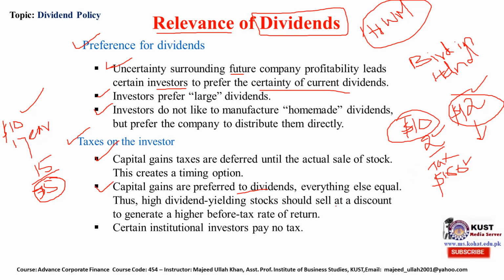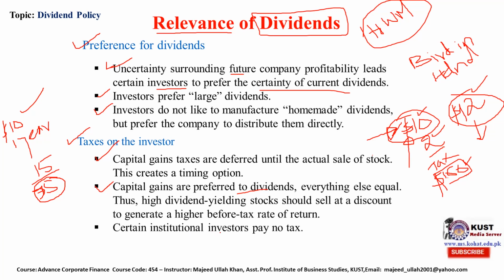So this investor, when buying this $10 share, will discount it for that 1.6 profit, because he will be buying it at a lower price in order to gain a higher after-tax return. It means that the dividend basically negatively influences the price of the shares.